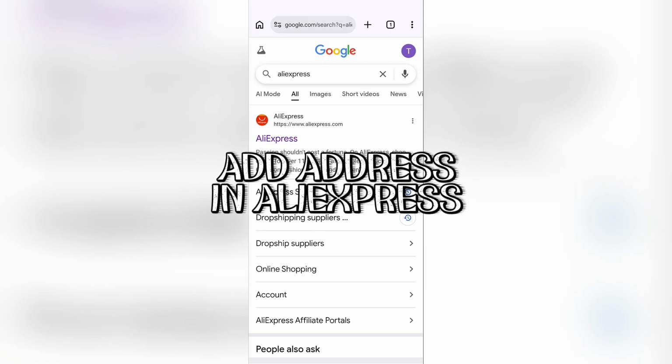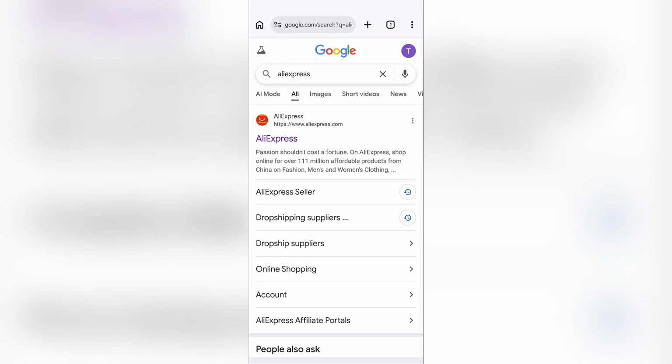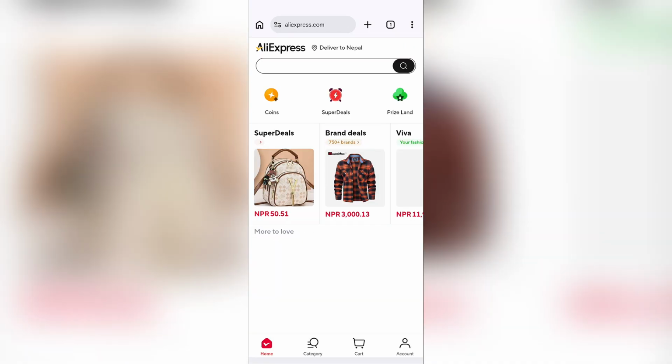How to add your address on the AliExpress website. Now if you want to add and save your address on AliExpress, just simply open your aliexpress.com website at very first,